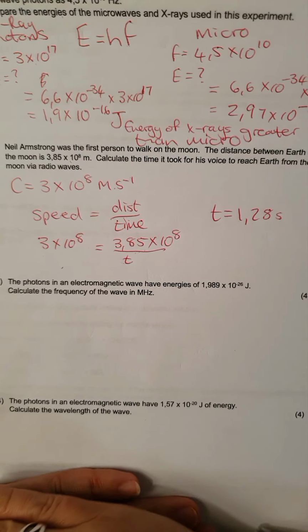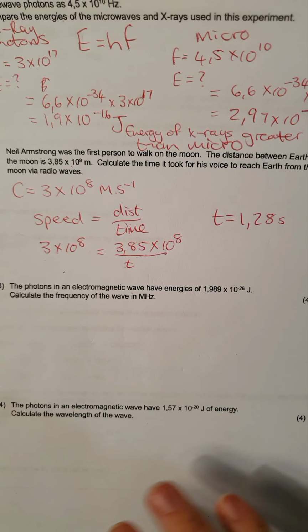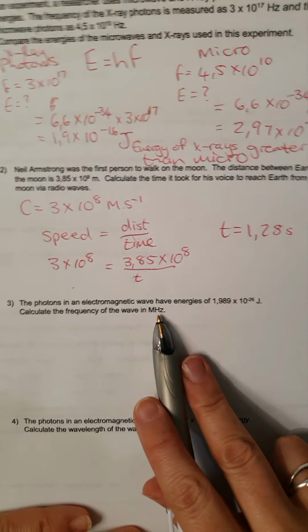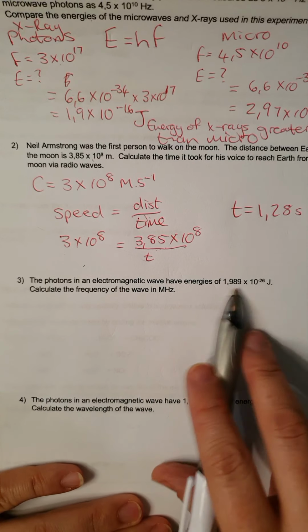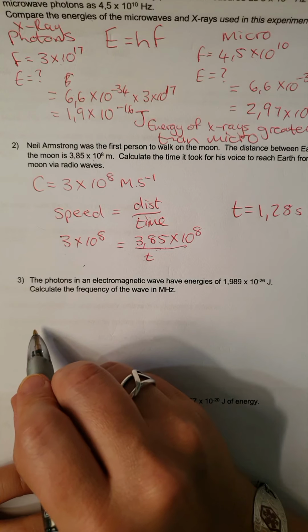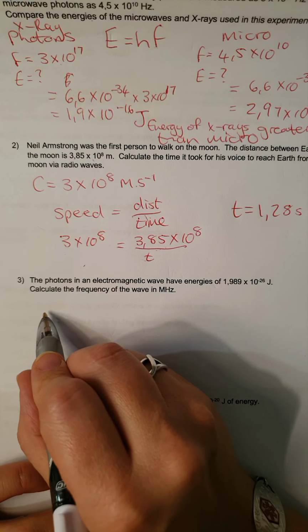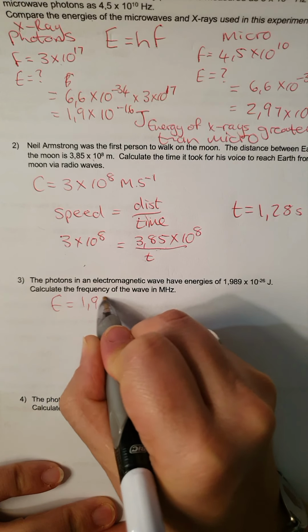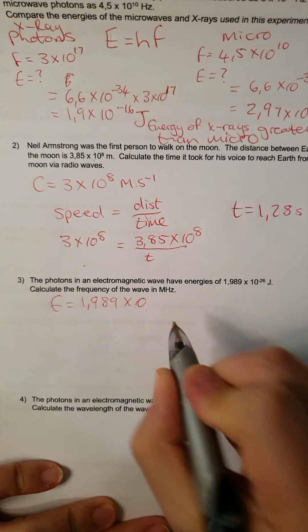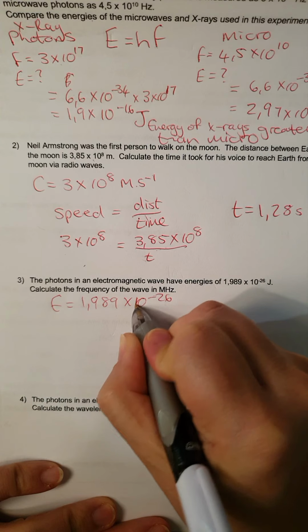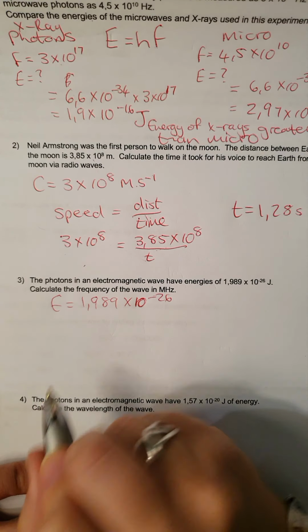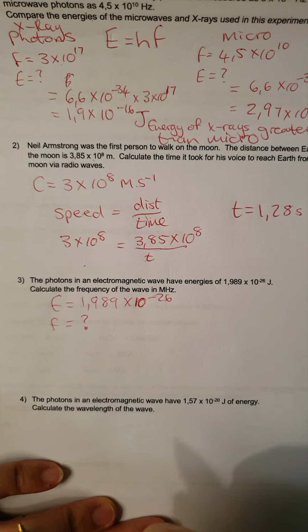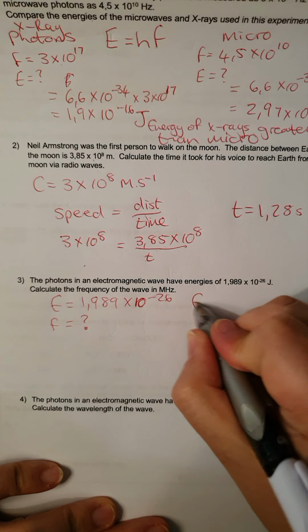Okay, photons in an electromagnetic wave have energies of that. Calculate the frequency in megahertz. So let's calculate the frequency first in hertz. We have the energy. Write down what you've been given, because that really does help. Times 10 to the minus 26. We want the frequency, so what can we use? We can use this equation again,